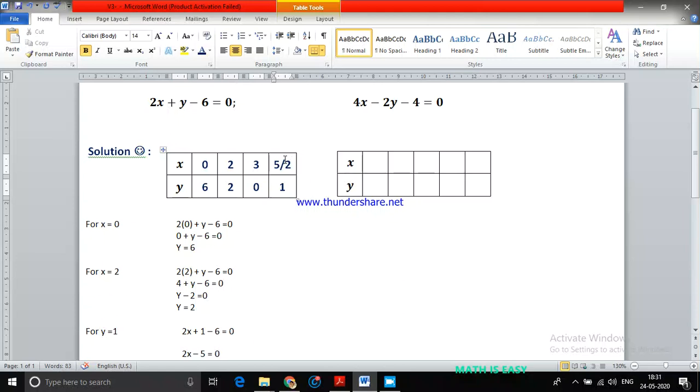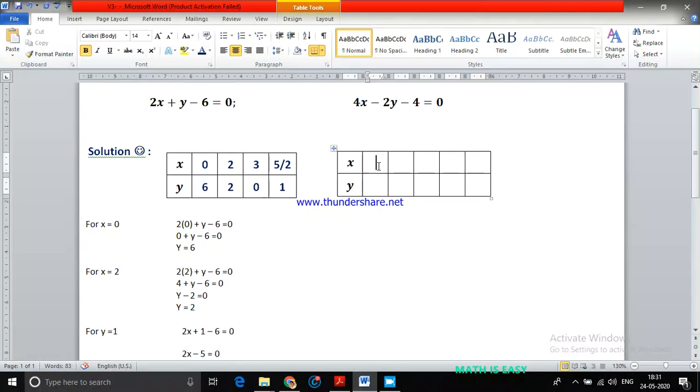But if you find 3 points for one particular line, like maybe the first 3 points I'll consider, there must be only one line passing through all the 3 points, right? If it is not passing through all the 3 points, that means one of your points is wrong. Understood? So you have to check that particular point. That's why we go for 3 points instead of 2 or 4 or 5. We'll find any 3 values of x and the corresponding values of y.